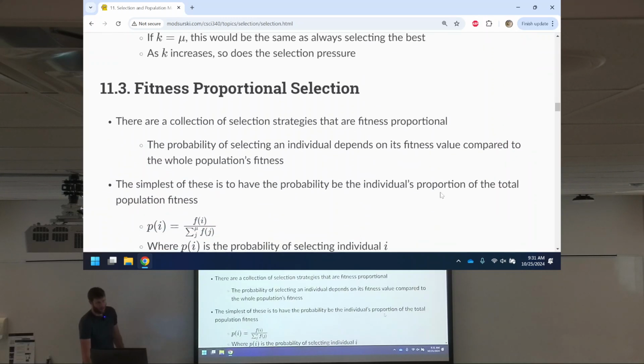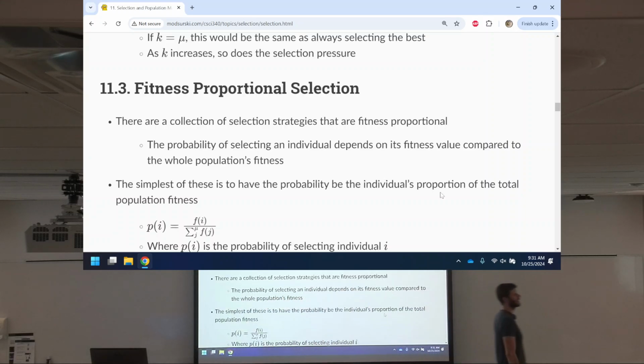Tournament selection. And tournament selection is easy to implement, simple to implement, easy to understand. It's got a lot of control over the selection pressure. It's fantastic. Now, an alternative broad category is called fitness proportional selection, where